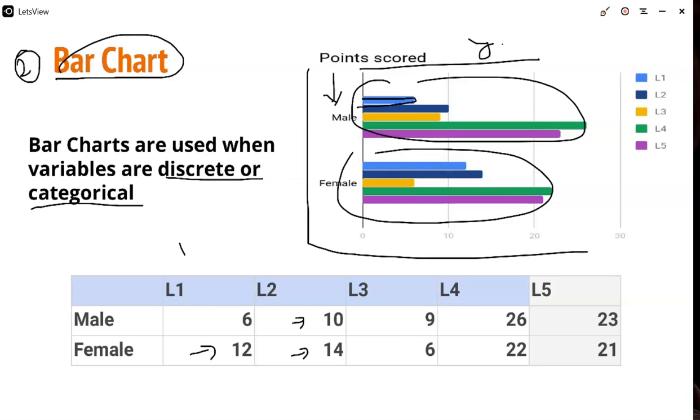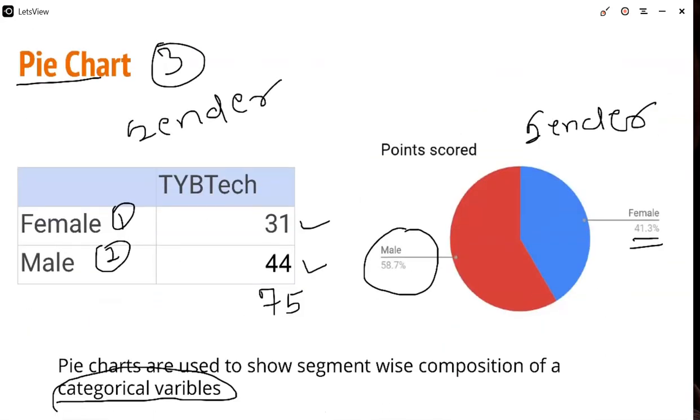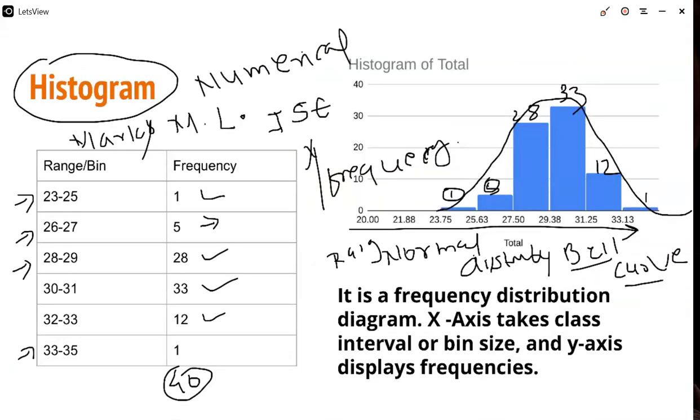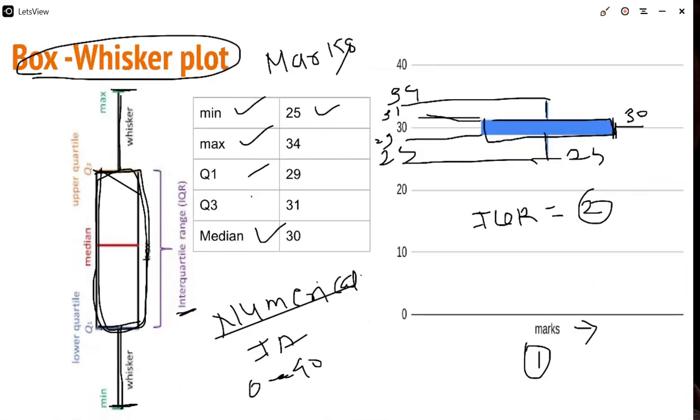The variable that we have discussed here is the gender variable, which takes two values, male and female. The pie chart is used to study this single variable. Histograms are used to study numerical values, and the only variable that we have shown with this is the marks scored by the students, the mark range. The box whisker plot is again used to analyze a single variable, and here the example variable that we have used is the marks variable.